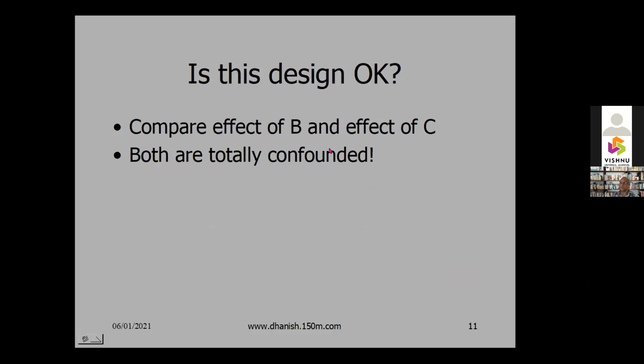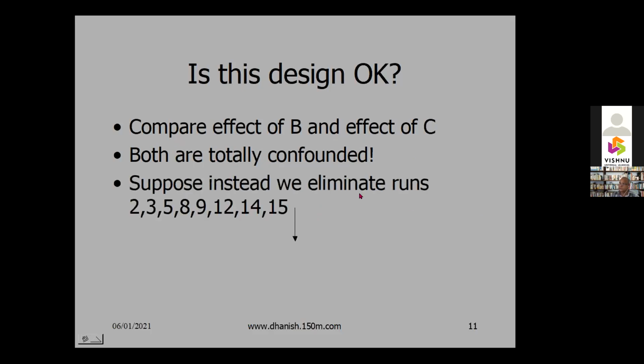So we get an effect of B and an effect of C, but we cannot identify whether it is due to the effect of B or the effect of C. That is the problem of confounding. Another word is aliasing. The two factors are aliased. We cannot distinguish between the two. It is like two people having the same name. Online, I have only the name here, so I cannot distinguish the two names.